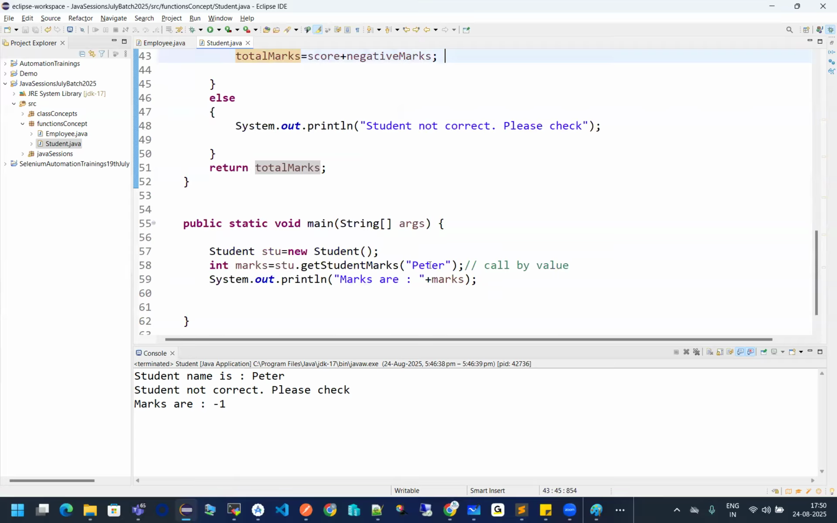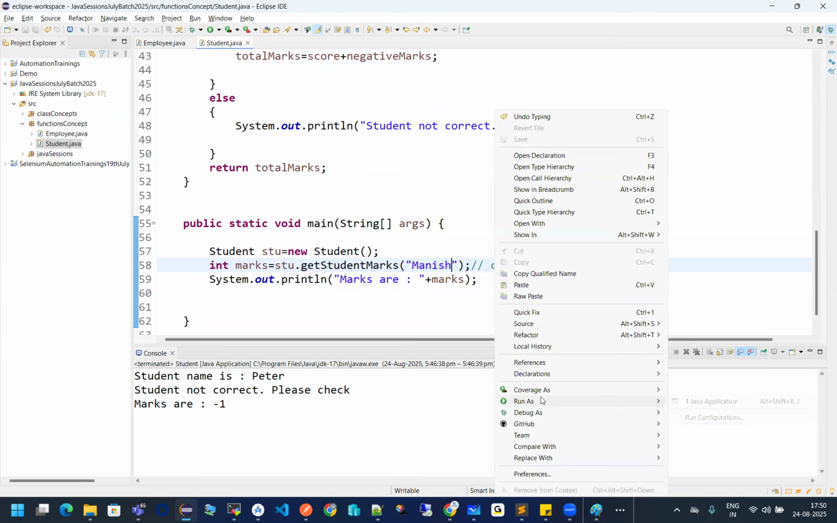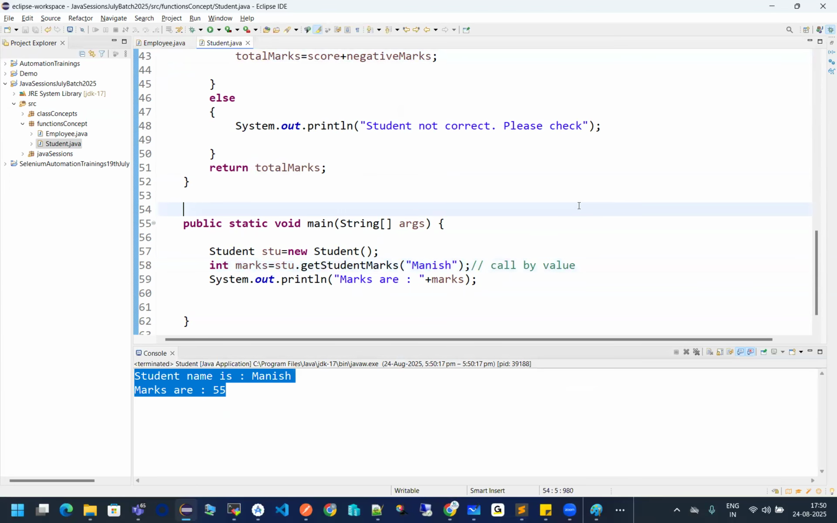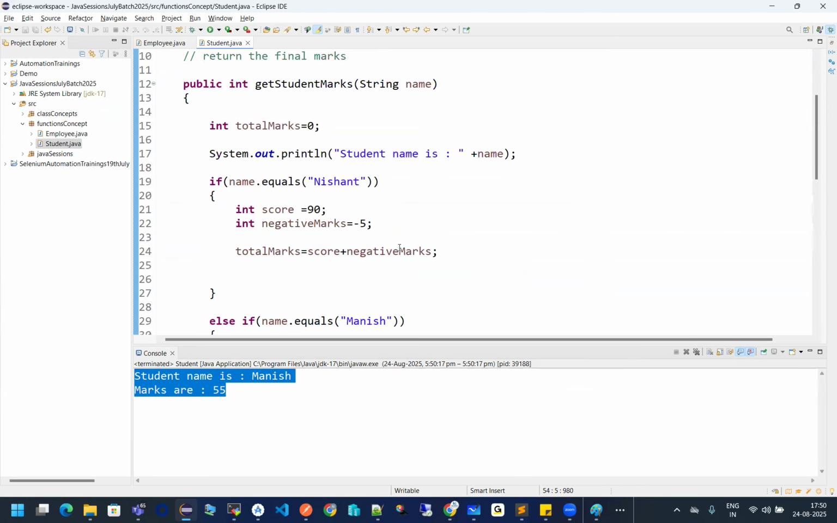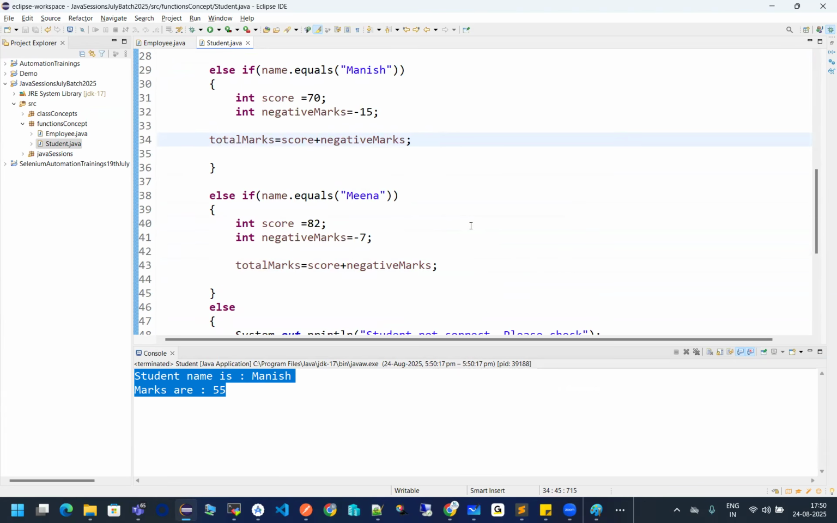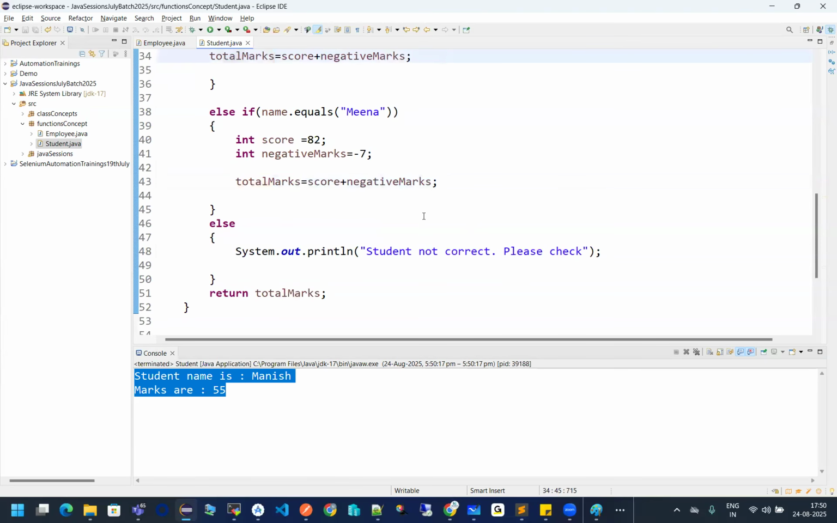See, forget about Peter. What I'm saying, for Manish, I'm not making any other changes. The same input, I am just providing the same name. Now let us just see whether this is going to provide the correct output for me or not. See this, student name is Manish and your marks are 55. Yes, Manish, 70 minus 15, 55. So in this case, guys, I am not returning multiple return statements in every if and else condition. Fine. Now you can ask me, Nishant,